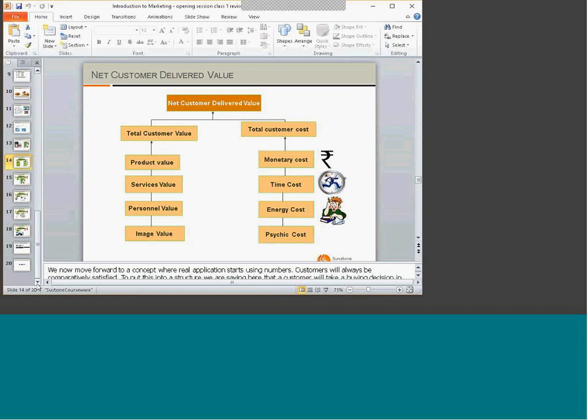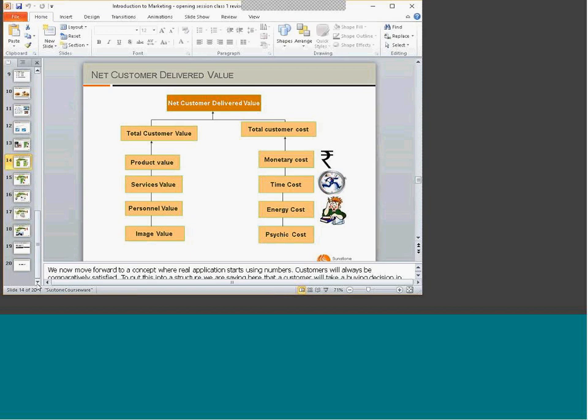Personnel value. So I'll give 500 more there, covered by another 2,000. Services value, Tanishq, I'll definitely give more. I can get my diamond cleaned back. I can go and tell them if I find a problem. They also rectify it, keep it active. They take back the product more easily. So I'll give a 1,000 rupee service value there.